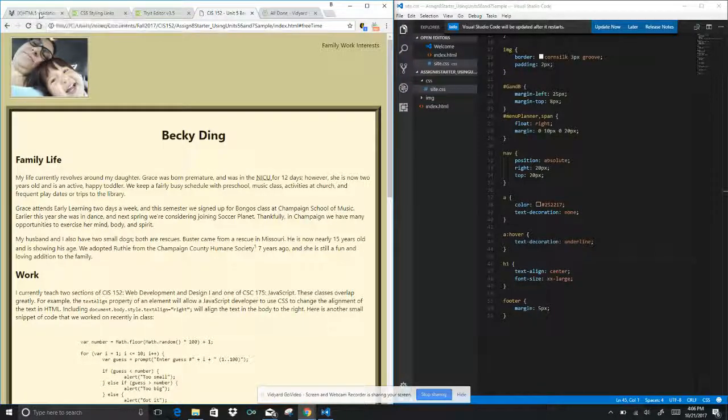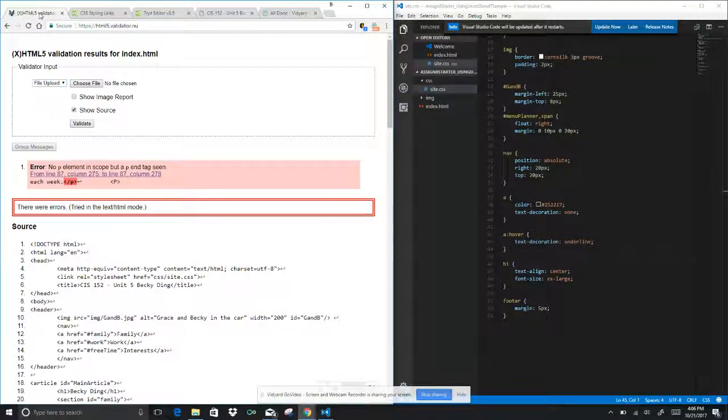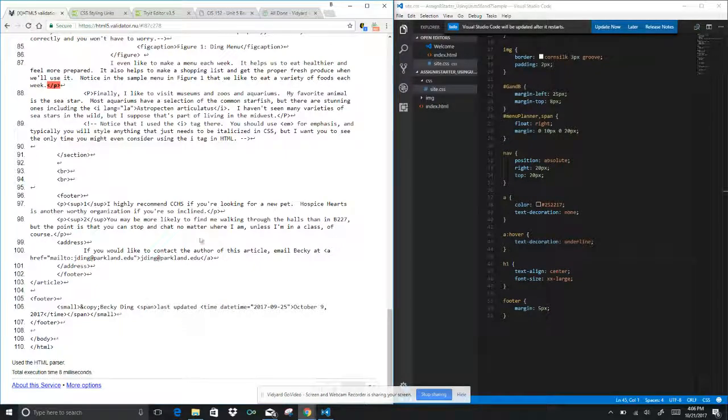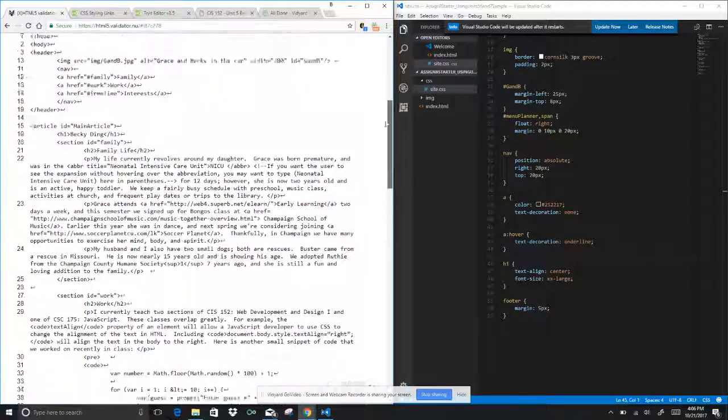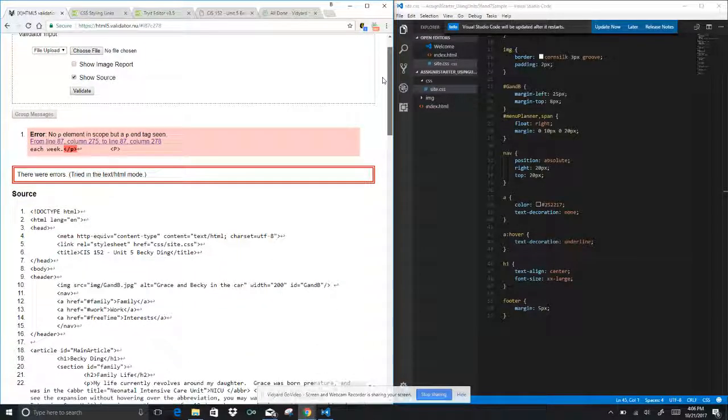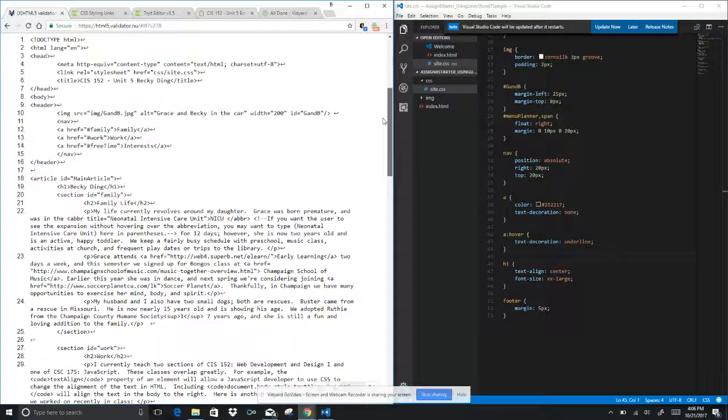But I don't actually care what it looks like, so I'm okay with just starting from scratch a little bit. Okay, so now I'll go back to my validator because I fixed that error completely, both in the HTML and the CSS. And now I'll see that this error says no P element in scope, but a P end tag seen. Okay. If I click on where it says this is, it will take me down in the source code to the error itself. Of course, I also could just scroll down there and find line 87,